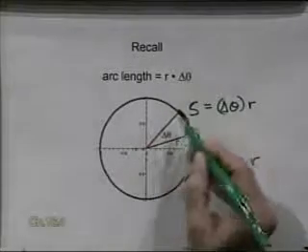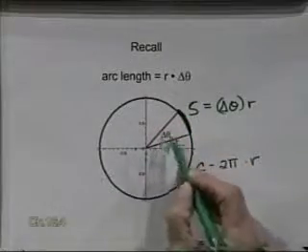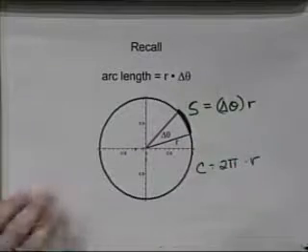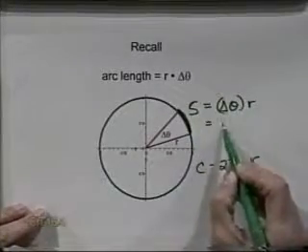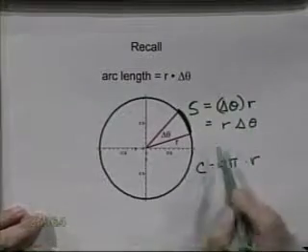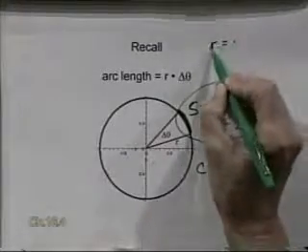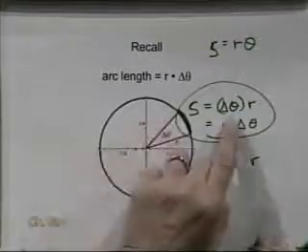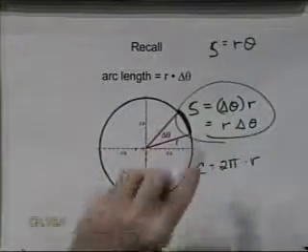But if I just want part of the circle, and I just have a small angle, my arc length, that a lot of times we use as s, is equal to the angle times the radius, or it might be better to write it as r times delta theta. Or back in Trig 1, we just wrote it as s equals r times theta. I chose delta theta because my theta is going to be small in this instance. So using that,